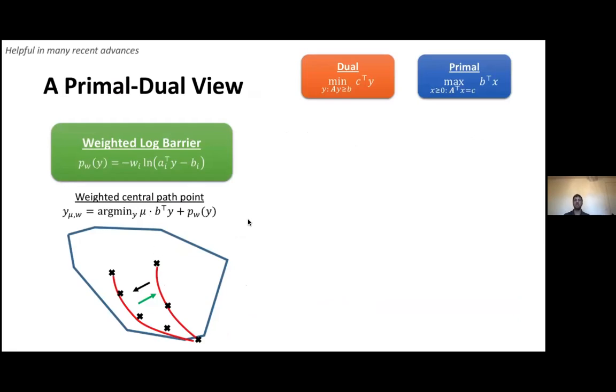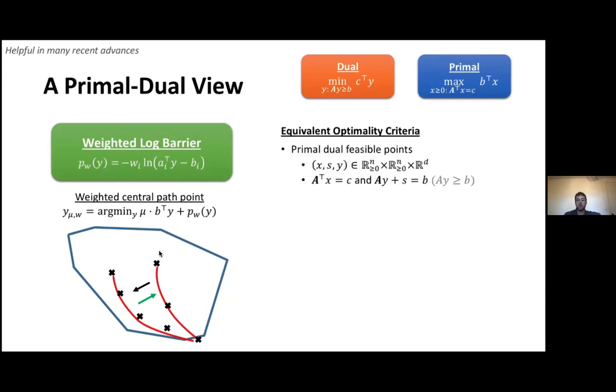As I've hinted at or discussed a few times earlier in this lecture series, one thing that's been helpful in many recent advances is, instead of just working with the dual or the primal, taking a broader primal dual view for some of these methods. To be a bit more formal, again, we're working with the weighted log barrier. We're considering the weighted central path. And we can imagine a variety of schemes where we change the weights, change the point, and advance the path parameter. Now, you can show that there's an equivalent primal dual optimality criterion